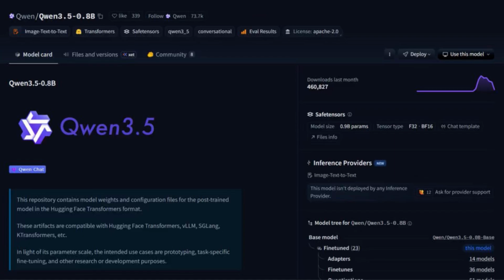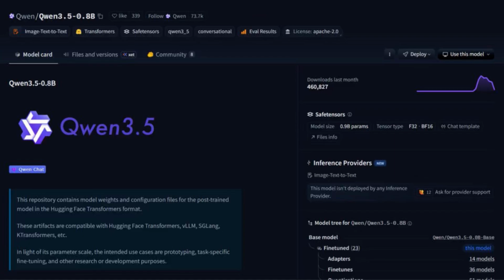The 2 billion is for when quality is your priority. Reasoning, coding, detailed explanation, it's noticeably better than the 0.8 billion. Not dramatically slower than the 0.8 billion on most tasks, but it's enough that you would feel it. The point is that both the models run completely locally without any GPU or any external hardware. So, most people already have the requirements that it needs to run these kinds of models.